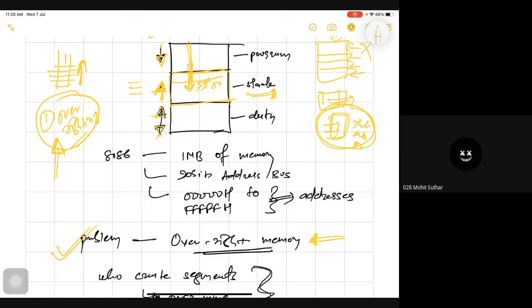Okay, now as far as 8086 is concerned, our memory is of 1 MB. If my memory is of 1 MB, let's go a little bit backwards. Suppose I have 1 bit. How many addresses can I give? 2 addresses, 0 and 1. If I have 2 bits,